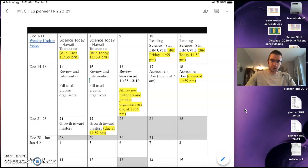You also need to make sure that you're taking full advantage of all of the different opportunities I'm giving to you this week to make sure that you're ready to go for that assessment, so that you can do the best that you possibly can and you'll have minimal things that you need to do to improve your grade before we head off to break. Okay. So just really quickly, a couple of things this week, and I'm going to go through and show you